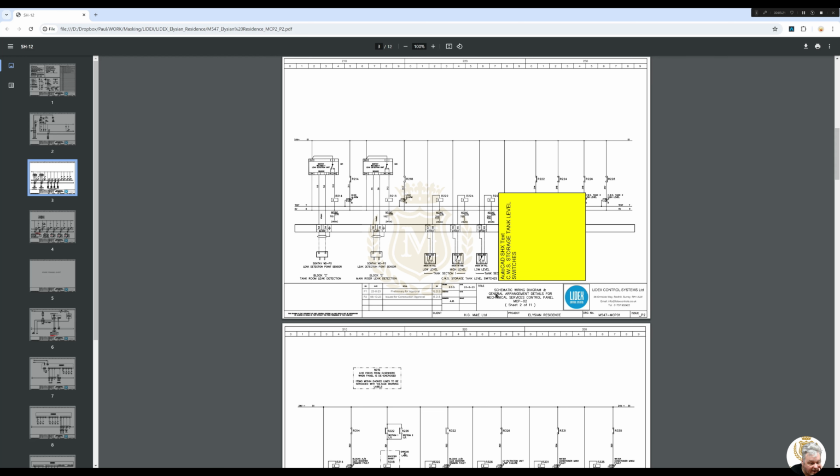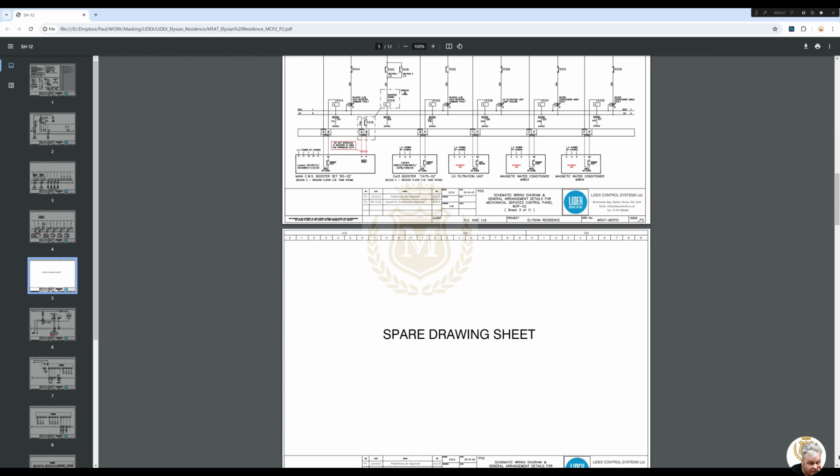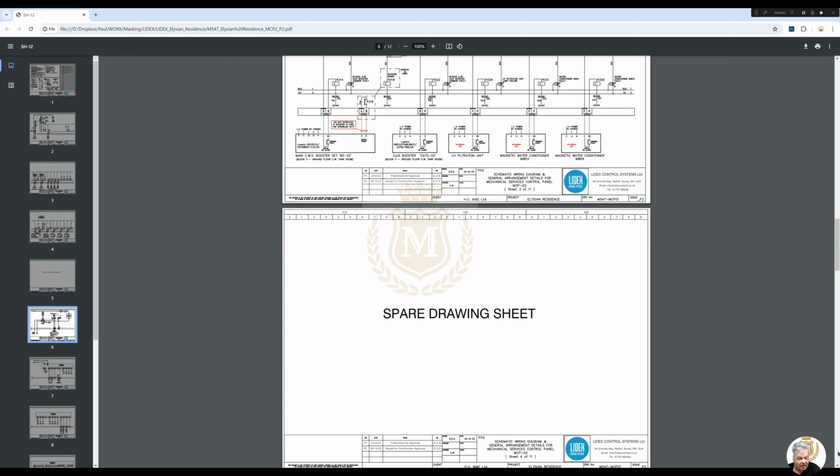And then low and high levels for the cold water storage tanks. Main booster set fault, Cat 5 booster set fault, water conditioner 3 and 4 filtration unit fault,